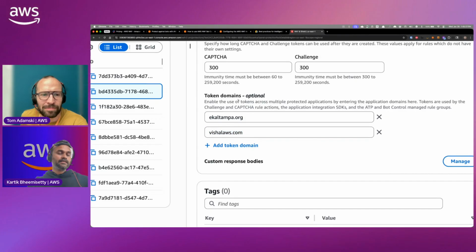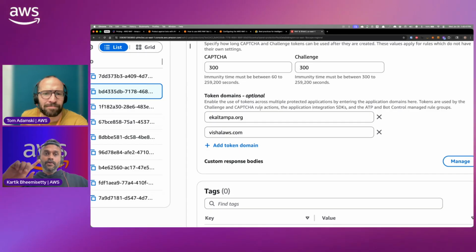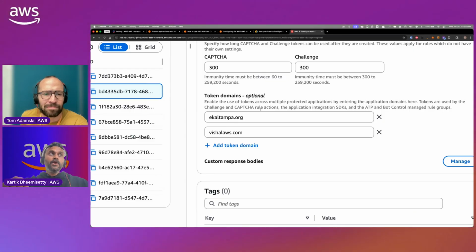What WAF does is, if you're sending the token and the request is for a particular domain, it checks whether that domain is allowed under token domains or not. If it is allowed, then it's going to allow that traffic. So if you're doing cross-domain access and the resource on the different domain has WAF on it, you have to make sure you allow the token domains on it.